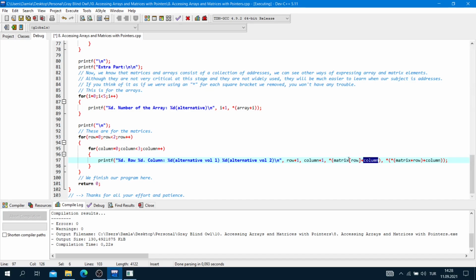If we want to remove these square brackets again, we use a second star and brackets, star and brackets, matrix plus row plus column, and close the brackets and semicolon. They are all the same.